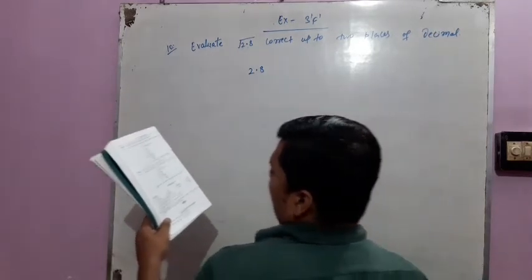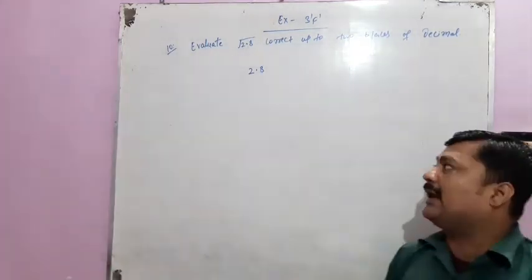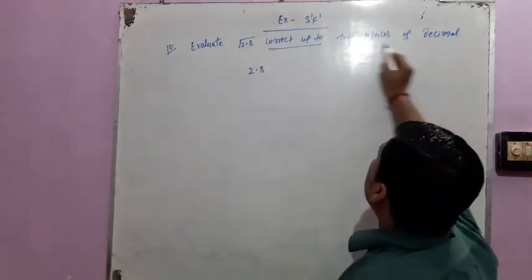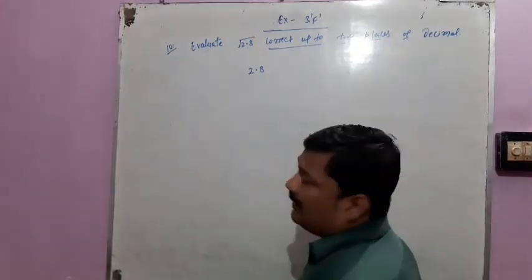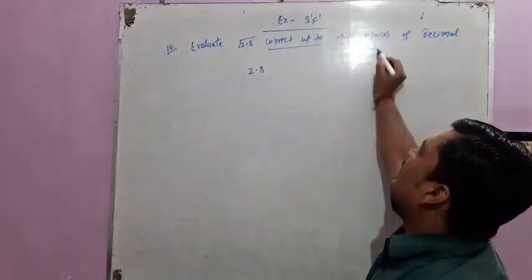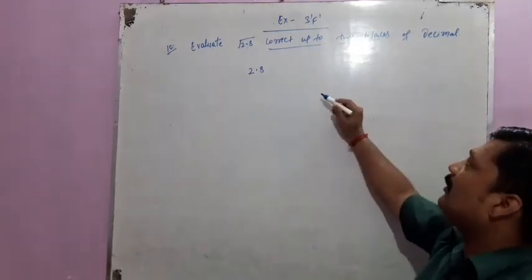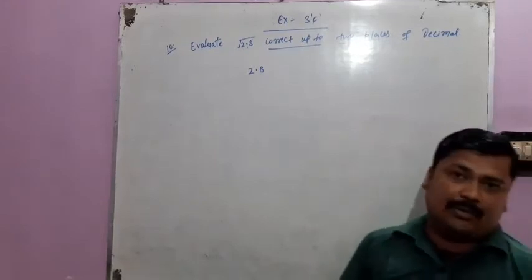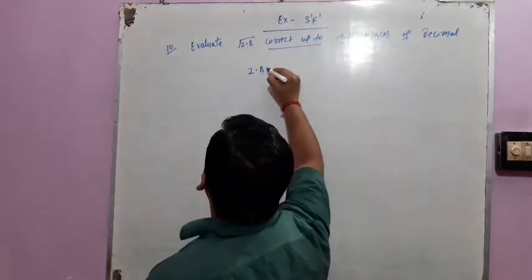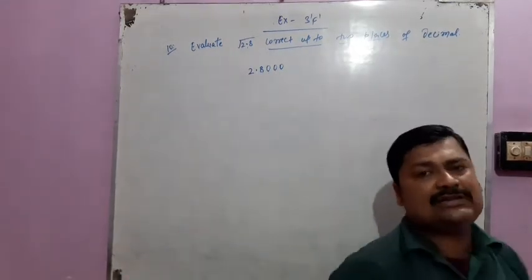when such a type of question, actually question numbers 10 and 11 are the same, student. After that I will solve question number 9. When it is given correct up to 2 places of decimal, how many places of decimal? 2 places. Then after the decimal, as per the place, we are taking twice the number of digits after the decimal. Here what is the place of decimal? 2 places. Therefore after the decimal 4 digits are required. 4 digits are required. But here only 1 digit is given. So we are making 3 zeros from our side here.